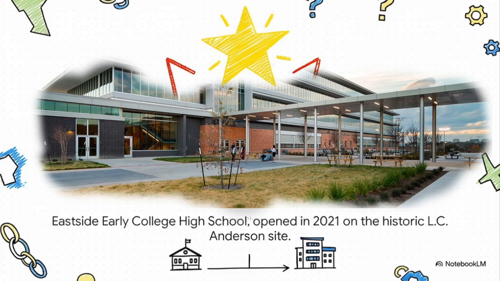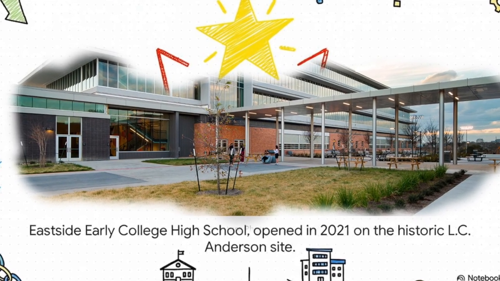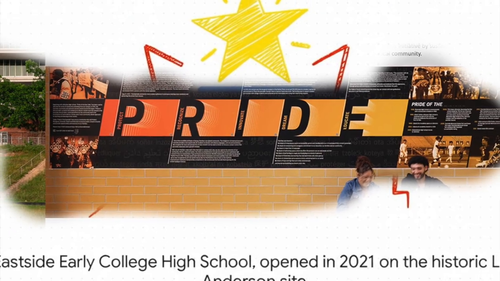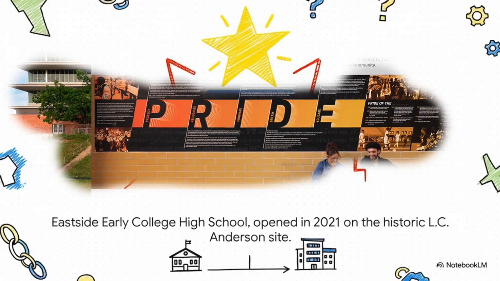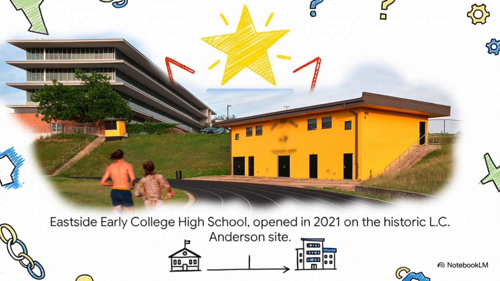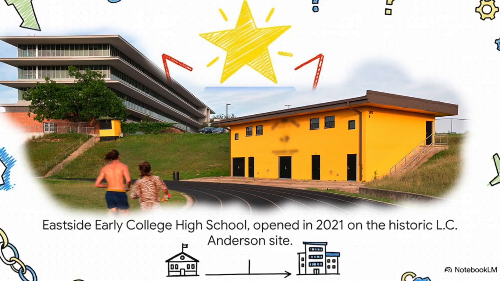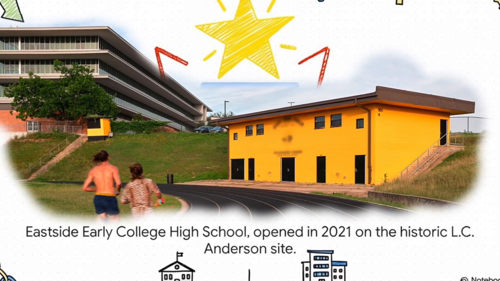This is Eastside Early College High School in Austin, Texas. It opened in 2021 after moving from its historic campus in Cody Valley at what used to be Johnston High School. It is a state-of-the-art campus built on land with enormous historical meaning for the community. Looking at it, you would assume it is a beacon of opportunity in a flourishing part of the city. But the reality inside the building tells a completely different story.